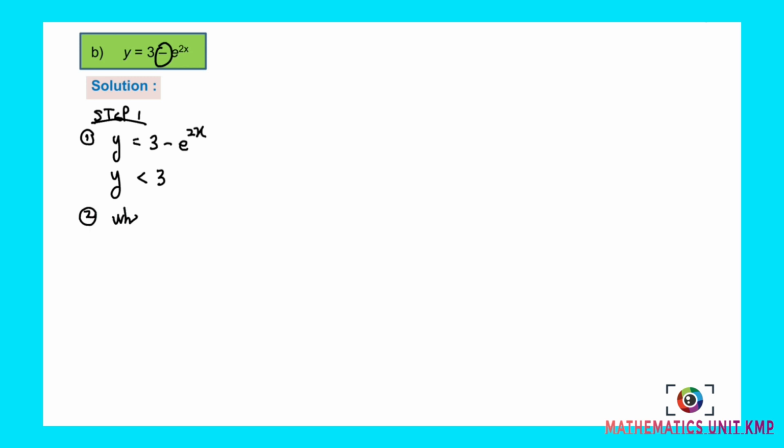When x equal to 0, fx equals to 3 minus 1, which is 2. Understand? Okay. Now the third step, when x approaching positive infinity,